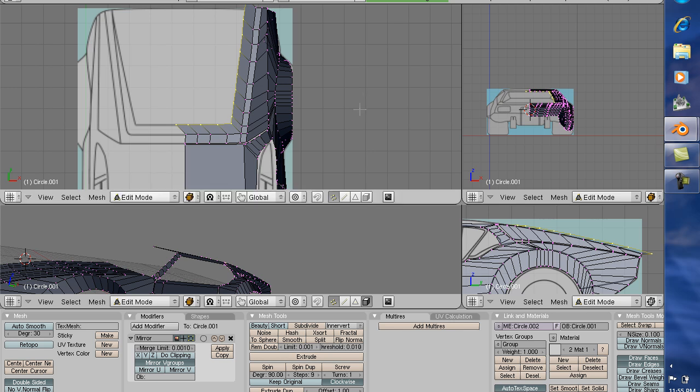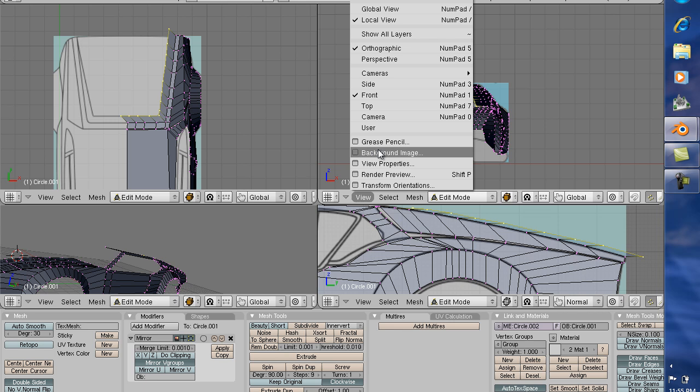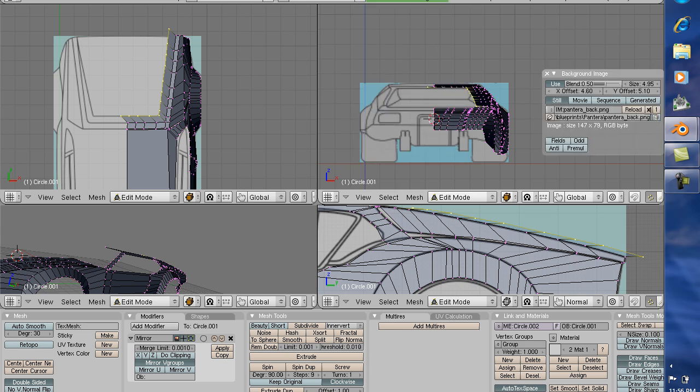Okay, now I still have all these points selected. One thing we need to do over here, as you can see, I've already brought in my rear. Oh, I didn't show you. Okay, I have already brought in the rear photo, and as you can see, view background image. Let me just go back and load